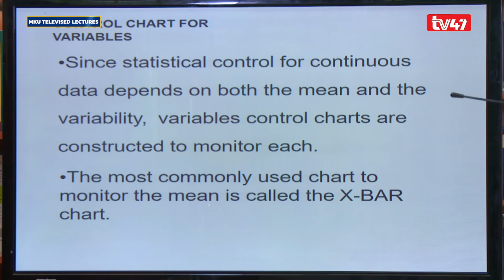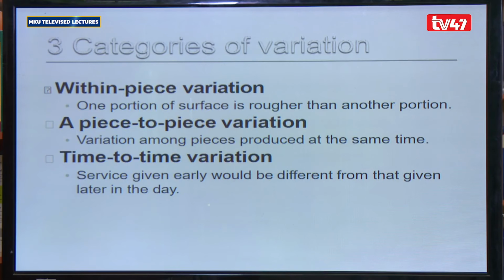Since statistical control for continuous data depends on both the mean and the variability, variable control charts are constructed to monitor each. So here we shall use the X-bar chart, which is the most commonly used. But we have others such as the X charts and